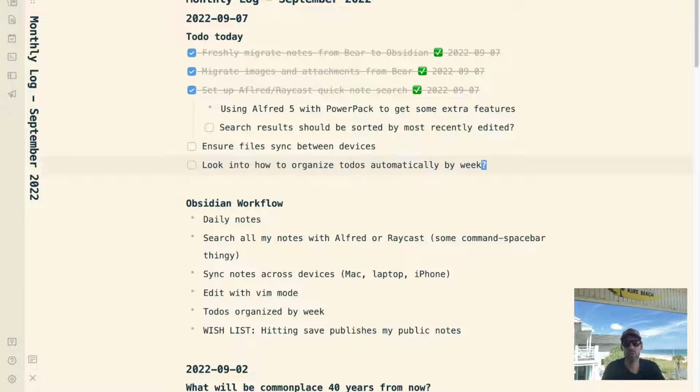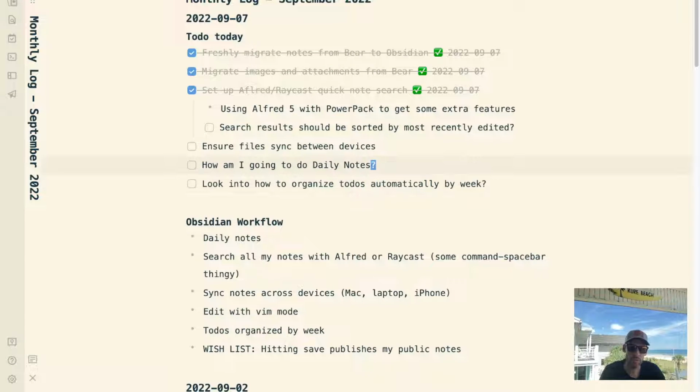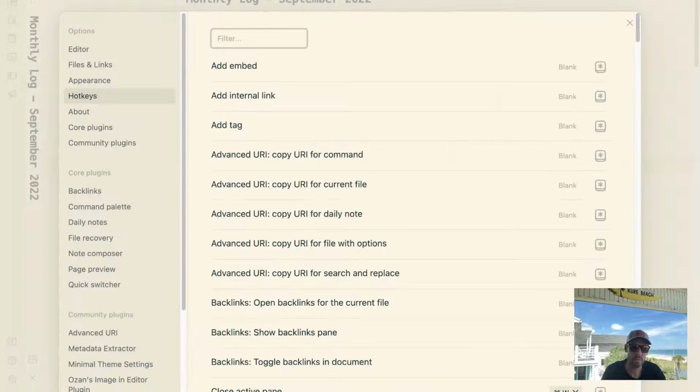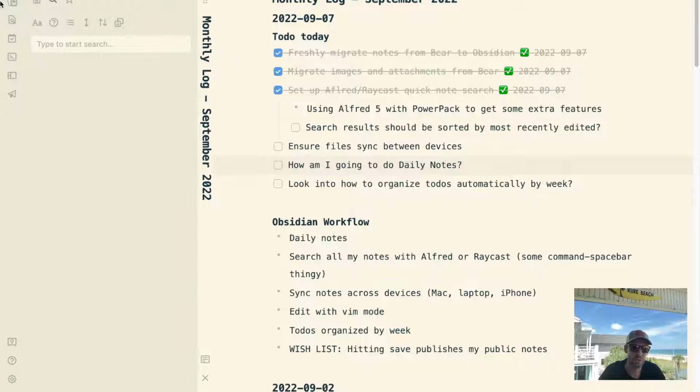All right, look into how to organize to-dos automatically by week would be the next thing. Actually, the thing I think we also need to look into is how am I going to do daily notes? As many of you know, there is a daily notes system inside of Obsidian already.